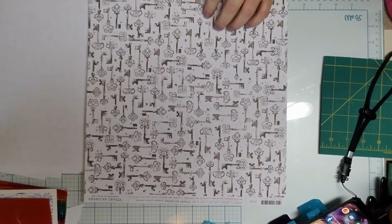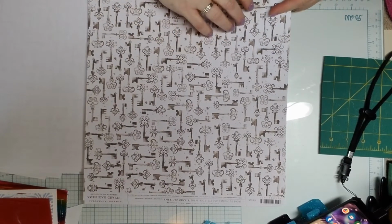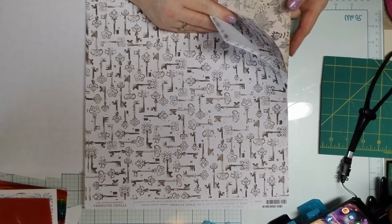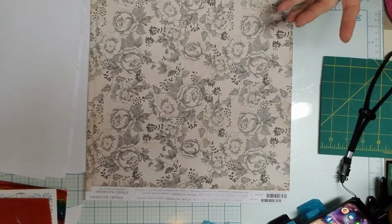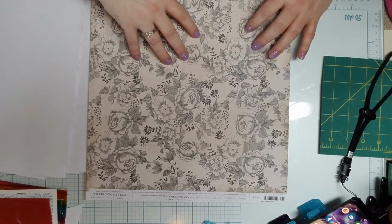And then I got a lot of these keys as a background. They're not super fancy, but they're kind of unisex. They'll go with anything. And they had a lot of those. And let's see here. So then I got some of these really pretty ones. I love flowers and florals, so I opted to get these